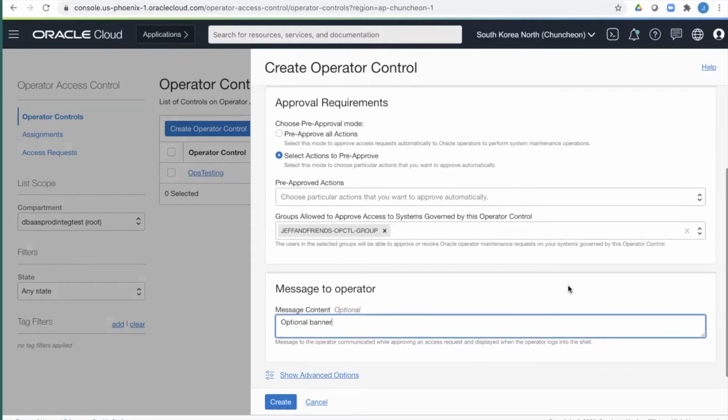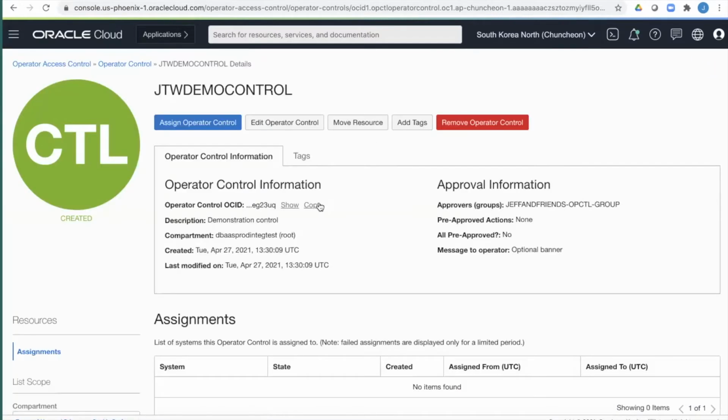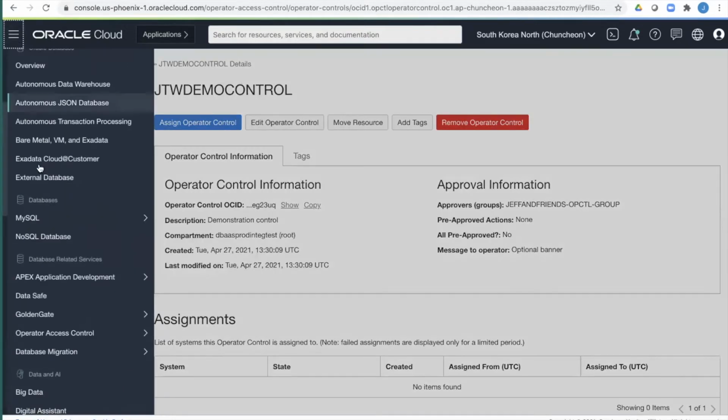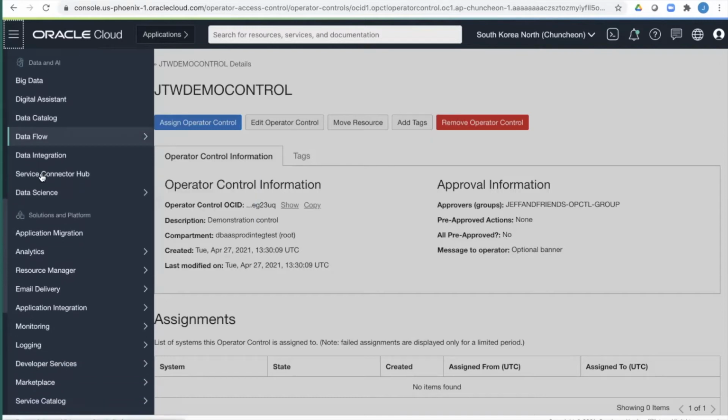Creating the control doesn't assign the control to infrastructure. It's a placeholder or a mechanism by which we can govern one or more infrastructures. The purpose of our control is a demonstration. After we've created our control, we can assign it directly to infrastructure. However, it's useful to perform two additional steps to configure the event service and the logging service related to the control. To permit subscribers to be notified of events, we want to create an OCI event and notification system in